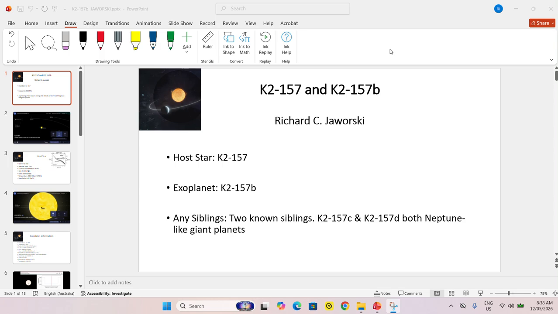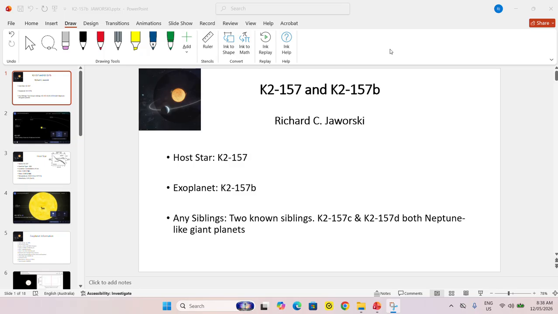This is my final presentation for the BRIEF 2026 Exoplanet course. My chosen exoplanet is K2-157b, and I chose this planet because it's a roughly Earth-sized exoplanet and a challenging object